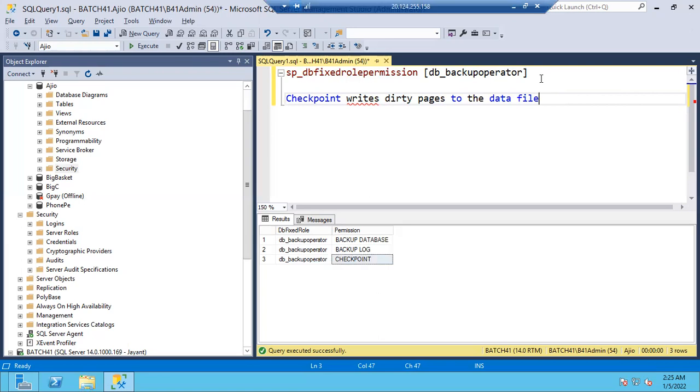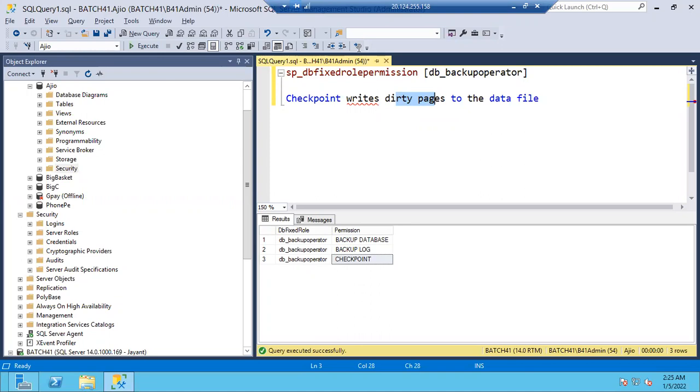Internally, dirty pages means the pages I told you about. Every piece of data is stored on a page. If you create a table, all your table will be stored on pages. In the data file, what we will have? Pages, right? So a dirty page means a page which is modified. Modified means you can add a record, delete a record, or alter a record. If the page is modified, you can call it a dirty page.